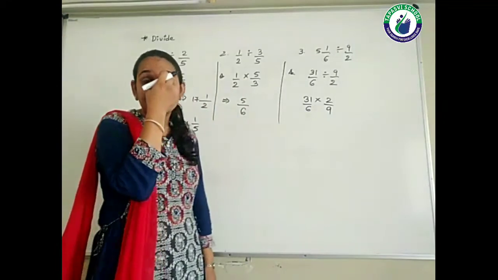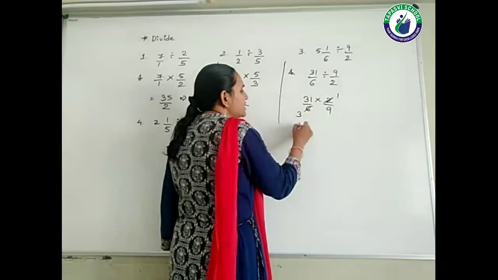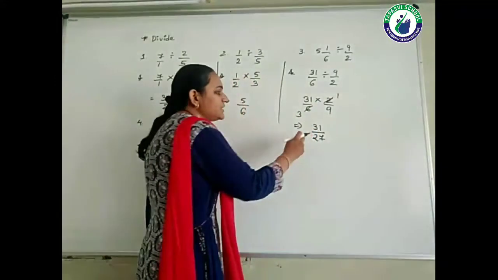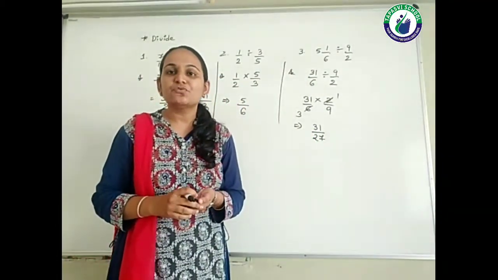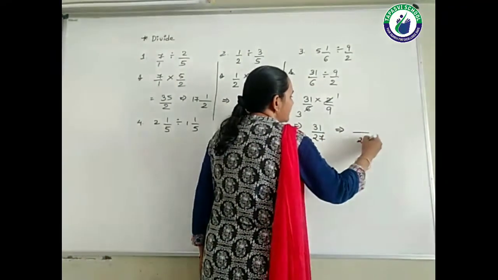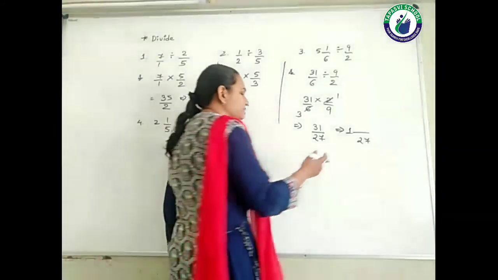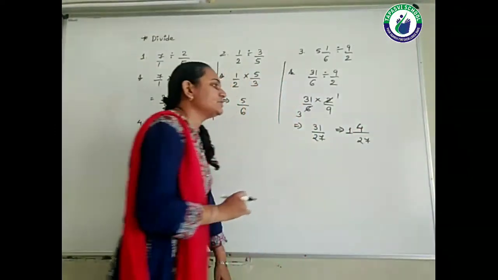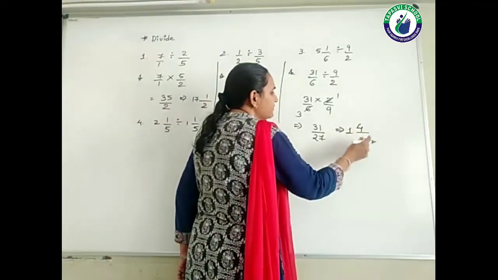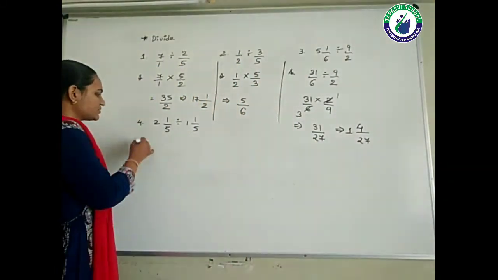Now if you have the cutting advantage, you can do it, students. So I am having 2 1s are, 2 3s are, right? So 31 1s are 31 and 3 9s are 27. Now see here, students, that is the improper fraction. So we can convert it into mixed fraction also. 27 1s are 27 and 31 minus 27 we get 4. Right, students? So this is the mixed fraction, that is 1 integer 4 upon 27.